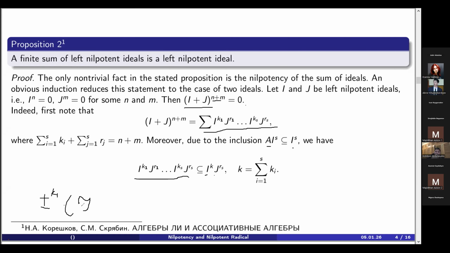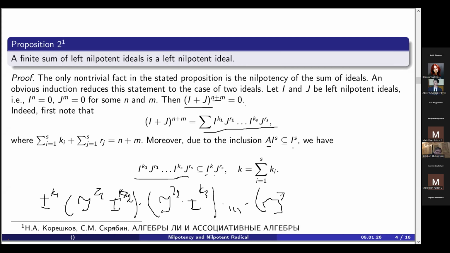We group it as follows: I^k1, J^r2 multiplied by I^k3, okay? And so on. J^r_{s-1} multiplied by I^ks multiplied by J^rs. This is a subset of, by ideal, I^k2. Okay, this is a subset of